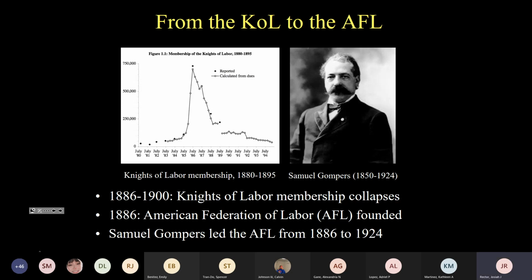Gompers advocated what we call pure and simple unionism, which said that unions should focus only on increasing wages and improving working conditions for their members, but they should stay away from political radicalism, political parties, and all that dangerous stuff that the Knights of Labor got involved in, which he thought was responsible for the disaster of 1886. So as a result, the American labor movement adopted a somewhat narrower approach, which wouldn't really be challenged in an effective way except by some radicals on the margins until the 1930s in the CIO.